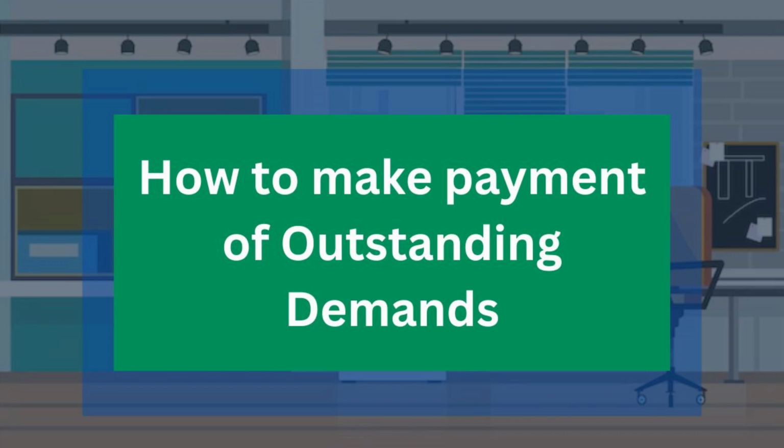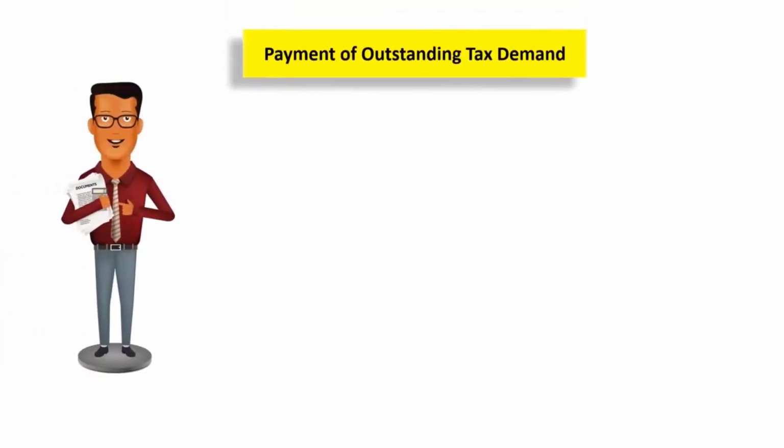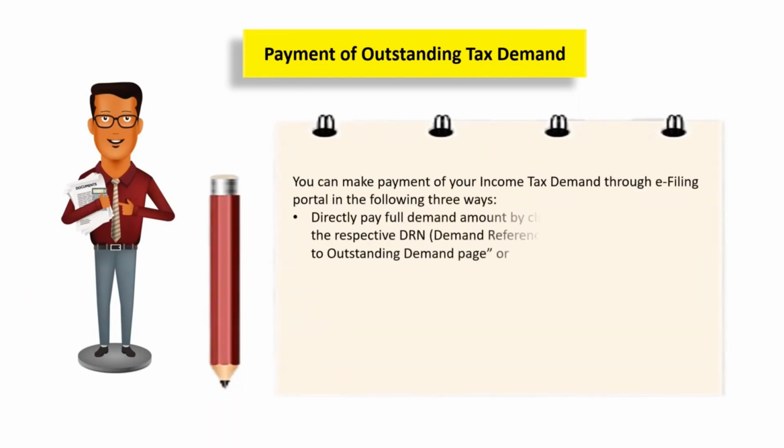This video is on how to make payment of outstanding demand in income tax. Outstanding tax demands raised by the Centralized Processing Center or by the assessing officer can be paid on the e-filing portal. In this video, we will discuss how we make the payment of outstanding income tax demand through the e-filing portal, either by directly making the payment of the full demand amount by clicking on the Pay Now option for the respective demand